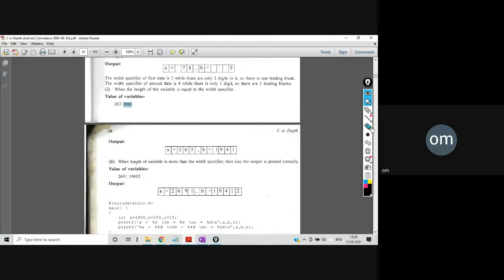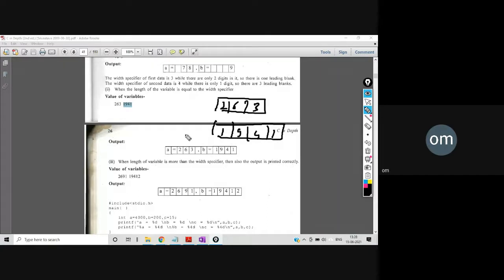So it will be shown on the screen in this way. A will be printed like this, 263, and B will be 1941.